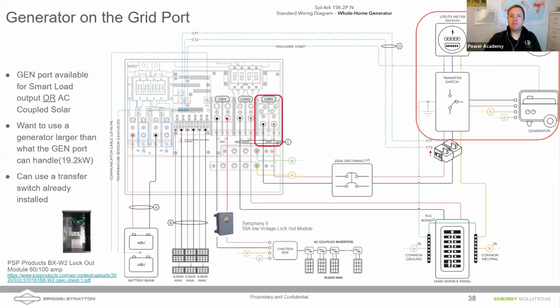There's a couple reasons to bring in that generator on the grid port. One is that you can leave that existing transfer switch there. Two, you can bring in a much more powerful generator onto that grid port than you could on the gen port. I guess the last one would be that by bringing the generator in on the grid port, you free up that gen port to be able to use as a smart load output, or in this example, to bring in AC coupled solar. And Nathan, I know you're going to get at it, we talked earlier about the Solarc being a grid forming inverter,